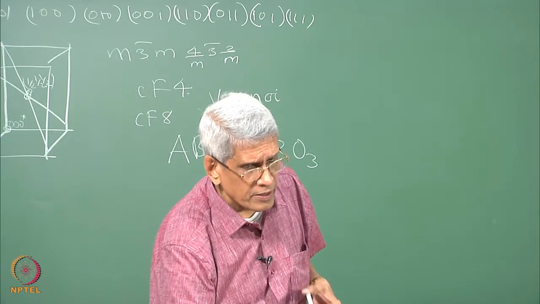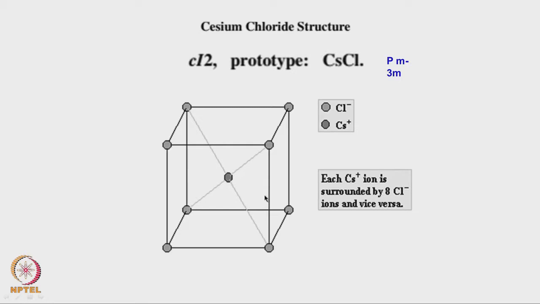Similarly, we can take a cesium chloride structure. This is also a simple cubic lattice, right? Two interpenetrating lattices. If the atom turns out to be the same type of atom, it will be body centered. That is, a disordered lattice will be body centered. The ordered lattice is essentially a primitive lattice, that is a simple cubic lattice.